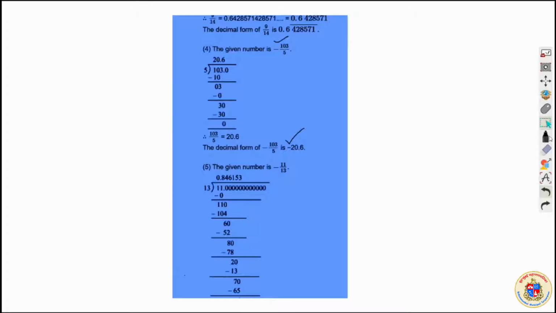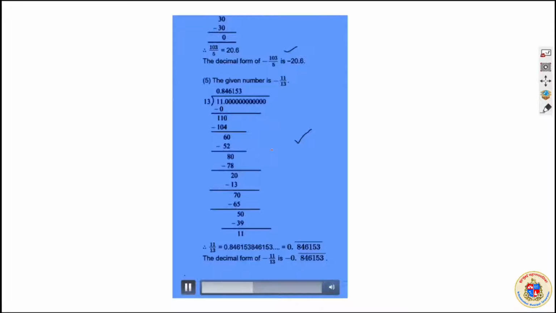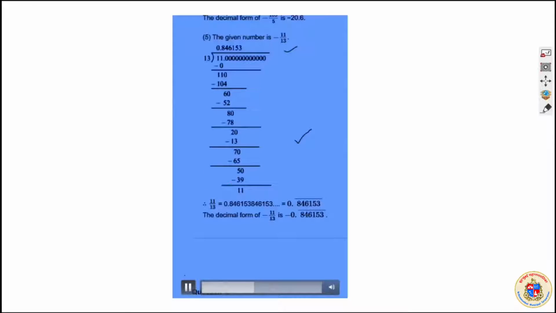And along with that you are having a minus sign also. So that also should be taken care of. And the balance happens to be again 11. That means that also a recurring